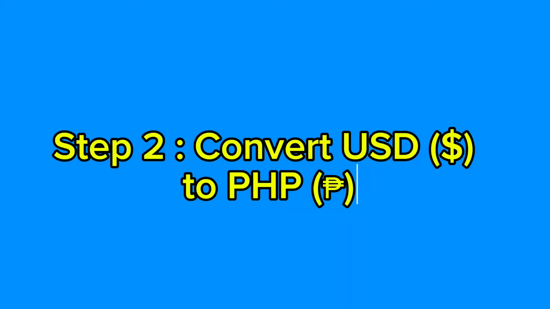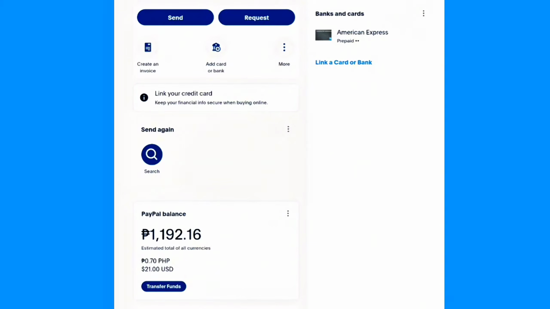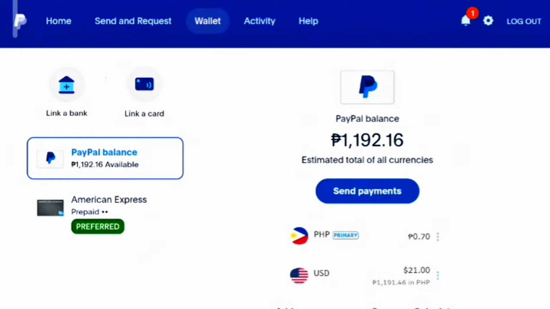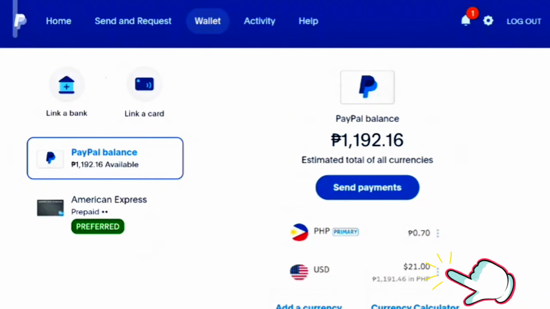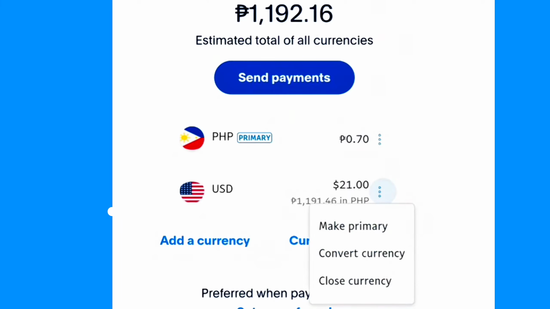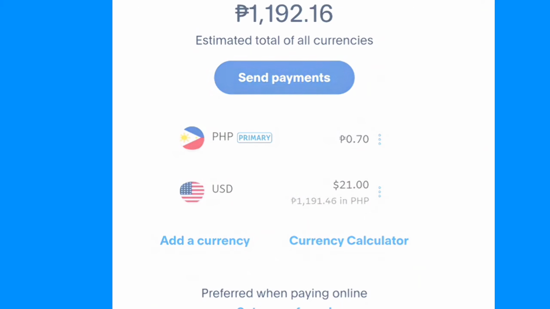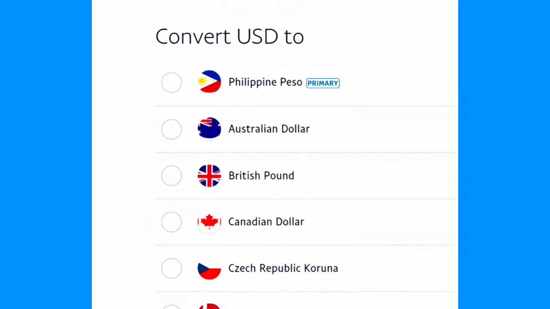Step 2. Convert money in your PayPal account to Peso. Tap PayPal balance, then the 3 dots in the US dollars, convert currency, choose which currency,